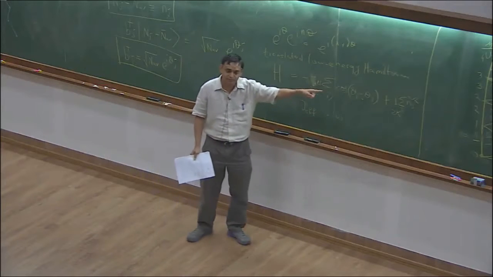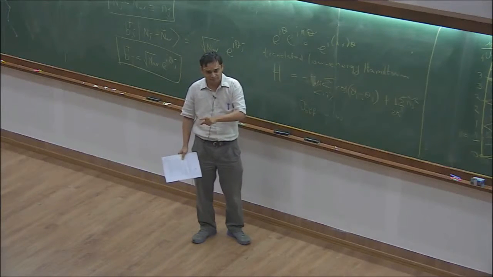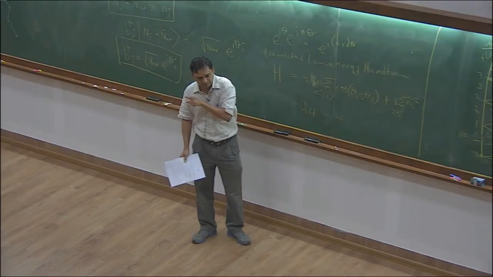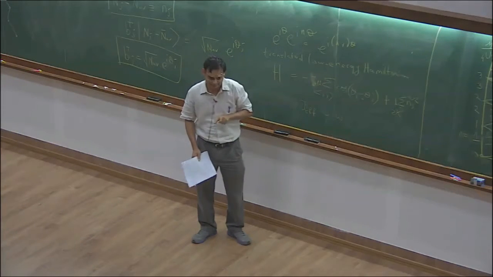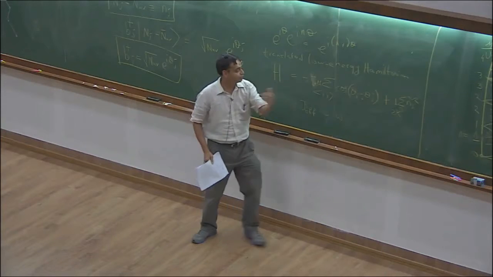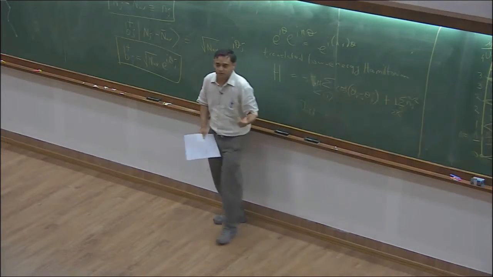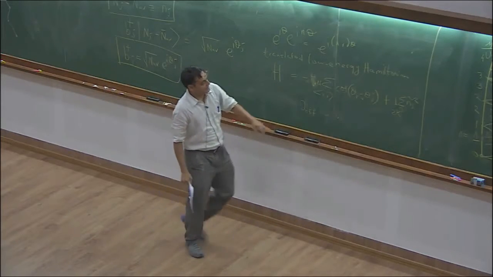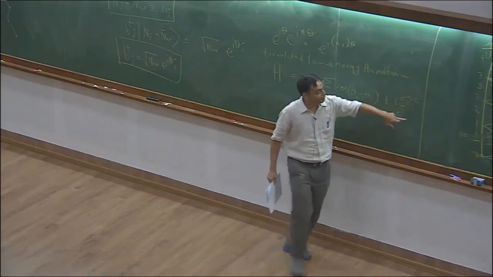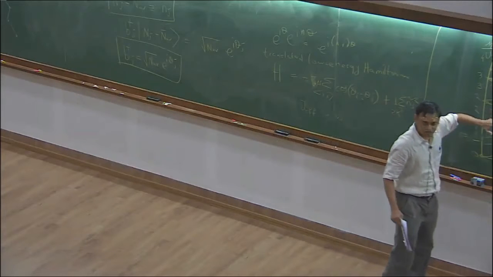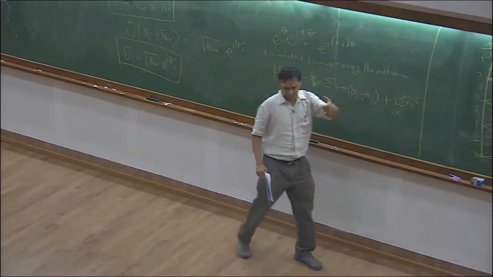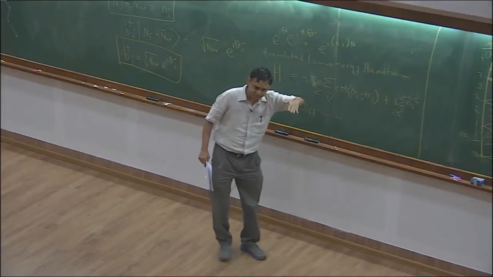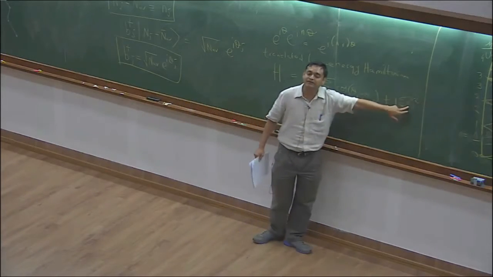Why did I get cosine? Because I had b dagger i, b_j. That's e to the i theta_i, e to the minus i theta_j. So e to the i (theta_i minus theta_j). And then the Hermitian conjugate. So you get cosine. Okay? Nothing mysterious, you can write this formula down. And this is just saying that both particles and holes cost the same energy. Because you are at this particle hole symmetric integer filling. So that's why we wrote a quadratic one.